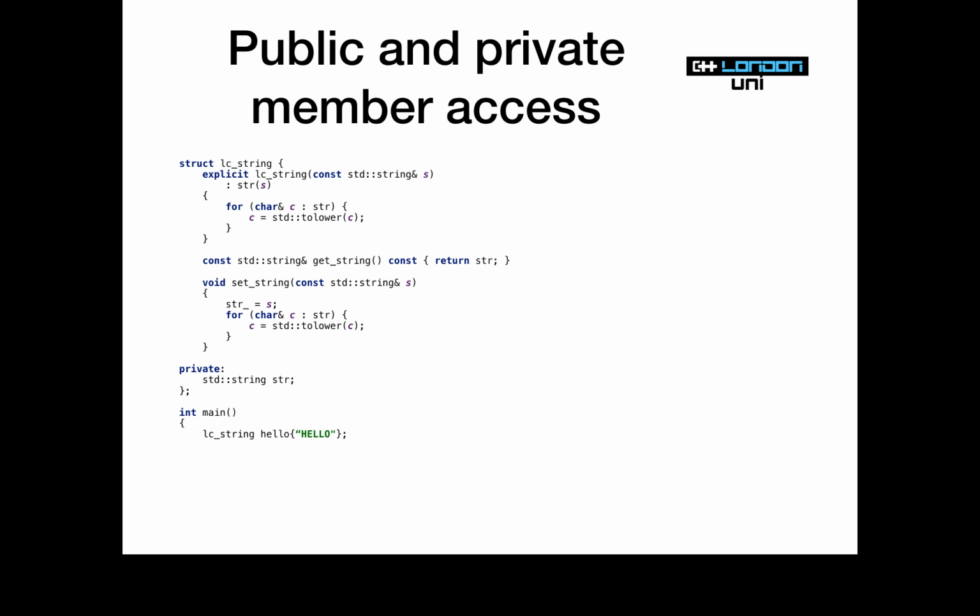So if we have main as we did before, we first create an instance and then we try and access hello.str, we're going to get a hard compile error. The compiler is going to say, no, this is private, you're not allowed to touch it. However, within our own member functions, it's fine. We can mess about with it however we like. So within the body of this member function, we can change str, that's fine, because it belongs to us. It's private to us. It's ours.